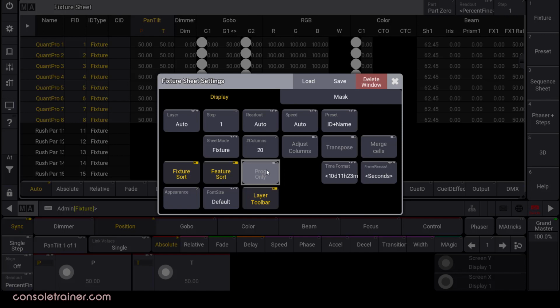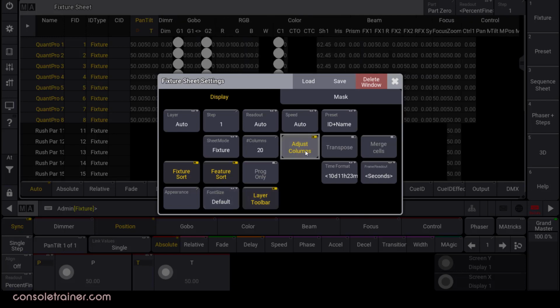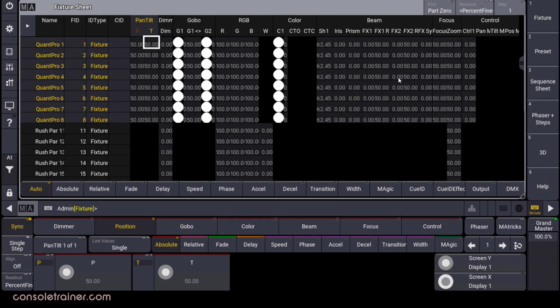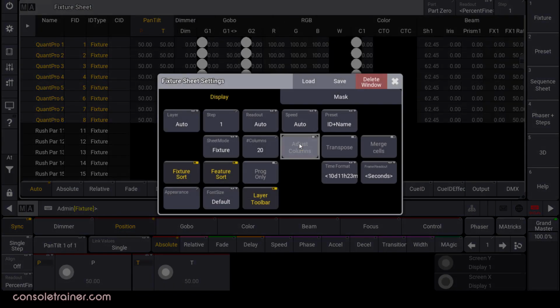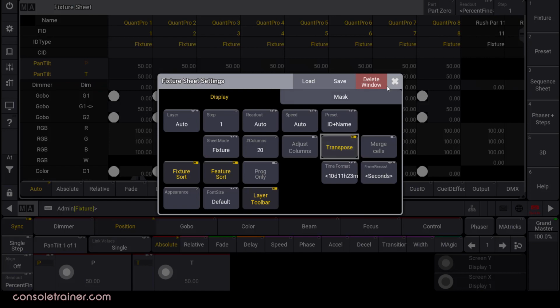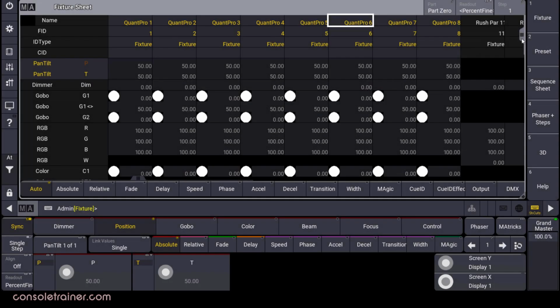As expected, a lot of the options in here are self-explanatory. We've already talked about adding appearances to windows in another video. If we want to tweak how our data is displayed, we can change font size or adjust columns. I like this, it makes them all fit, but I might not use this if I have a combination of lighting fixtures and media servers with a ton of attributes. And also, if I turn it on, I do lose the option to adjust the size of an individual column on the fly. There's also transpose, which I do not like, but it does what it's meant to.